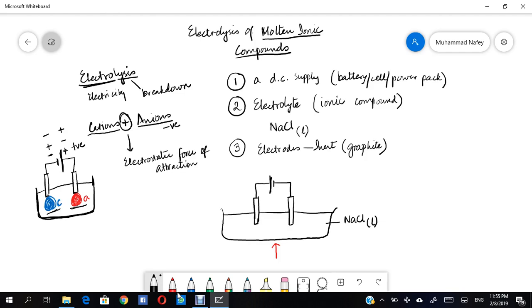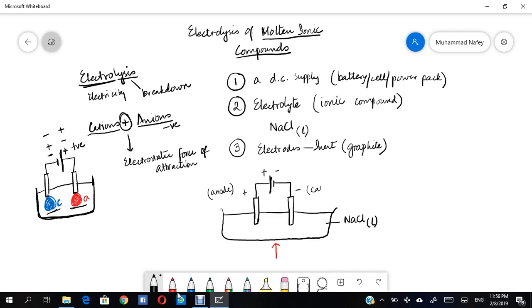Now coming to the reactions that take place. This is the positive terminal of the battery, and hence this is the positive electrode. This is the negative terminal of the battery, and hence this is the negative electrode. The positive electrode will be attracting the negative ions, that is anions, and hence it is the anode, and the negative electrode will be attracting the positive ions, which are called cations, and hence this electrode is called